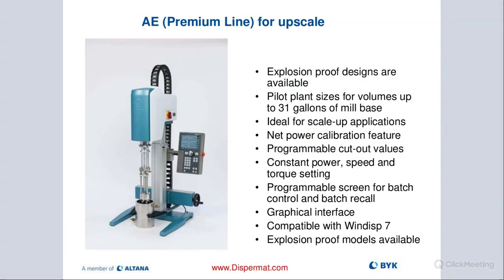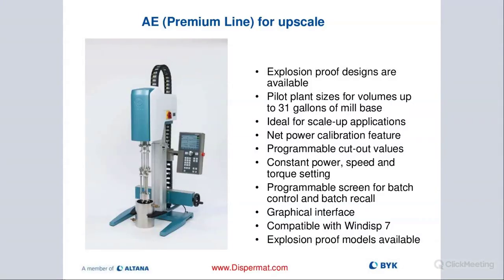Then we have the AE. That's the new premium model here. You can see it fitted with a basket mill attachment. That's really the best Dispermat that VMA has to offer. High-end, able to track the data. You can create lab reports. It has a feature called diagram. So all these indices